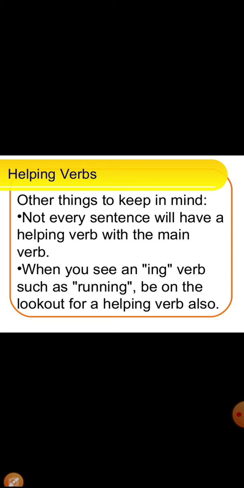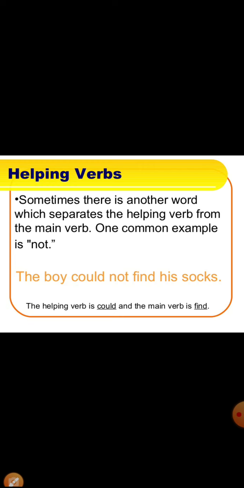Now, when you see an ing form such as running, be on the lookout for a helping verb also. Wherever there is an ing form, we have to use a helping verb. So helping verbs will be used along with the ing form of the verb, that is, in the continuous tenses. Sometimes there is another word which separates the helping verb from the main verb,